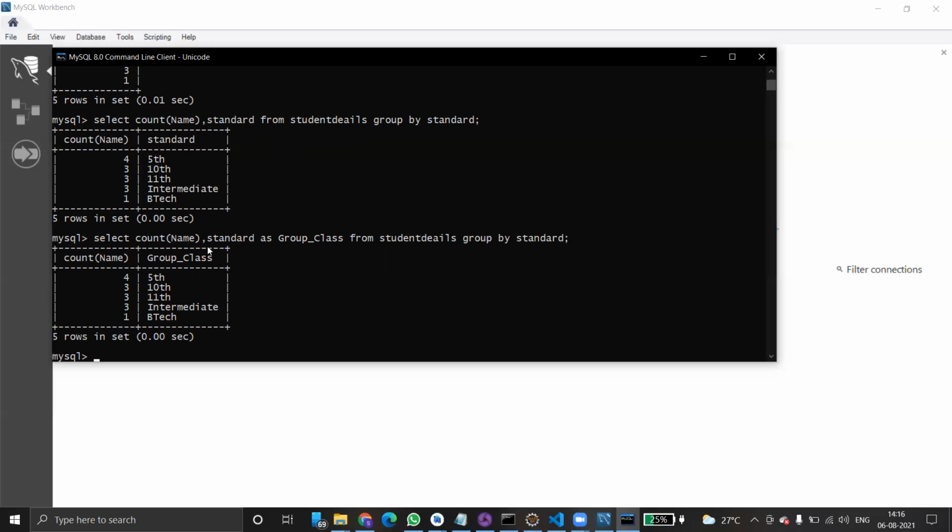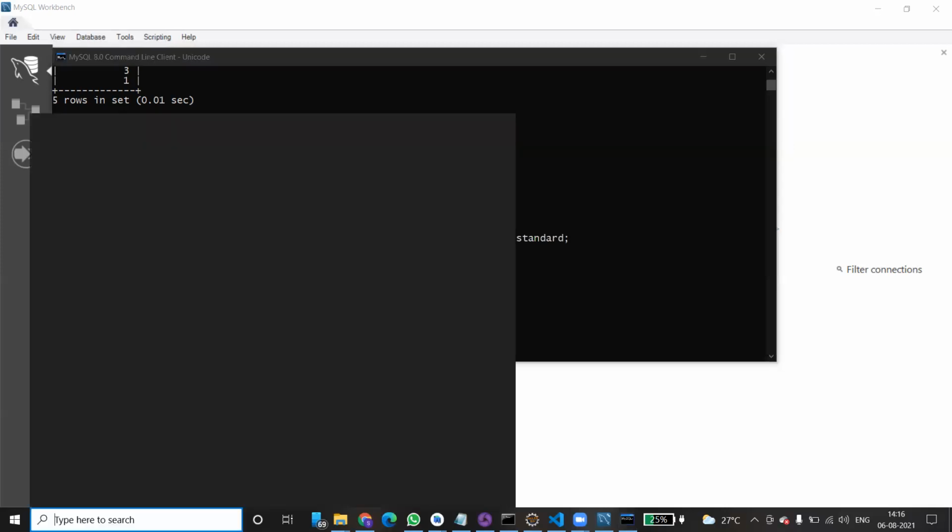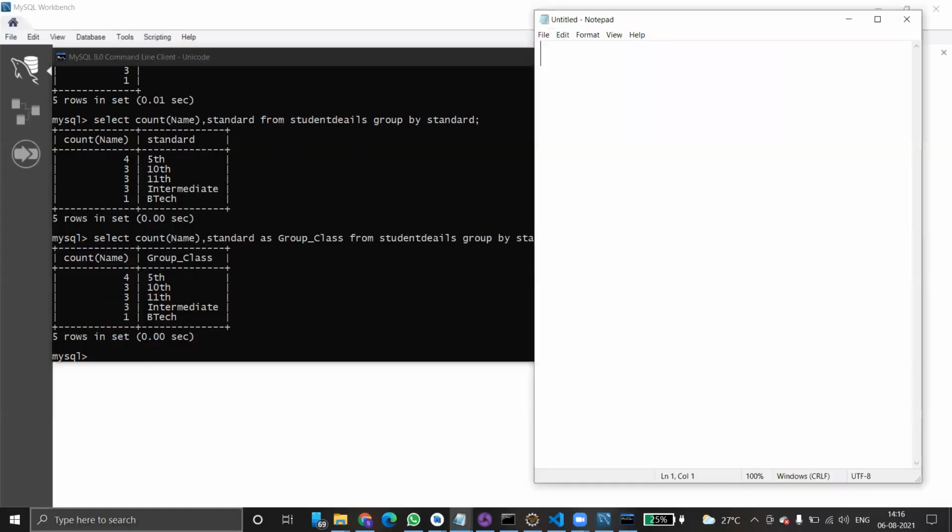Then coming to having, how to use having? Having in SQL. Yes, SQL. How to use having? The having clause was added to SQL. When to use it? You can use having when there is a where keyword. Without the where keyword, we can't use it. For suppose if there is any where clause, we can't use having.